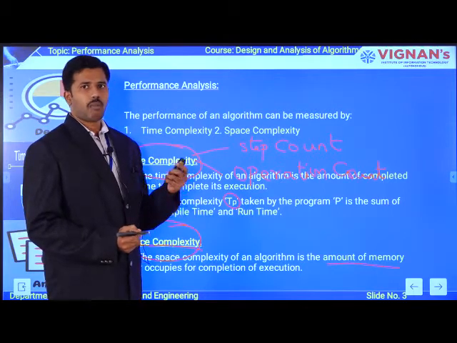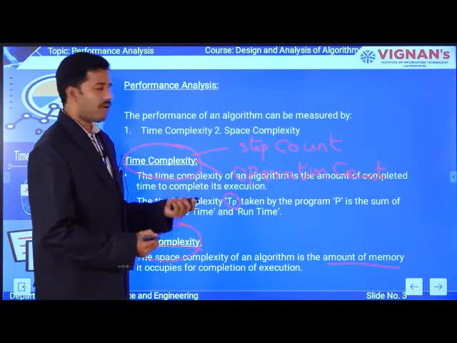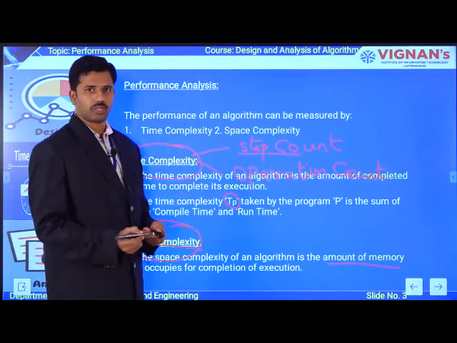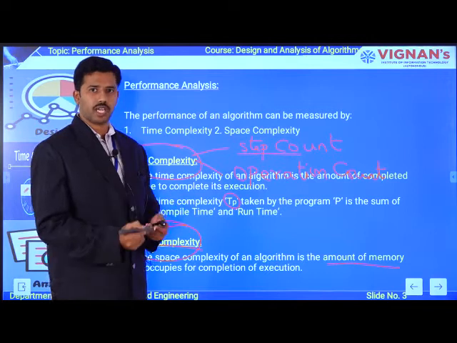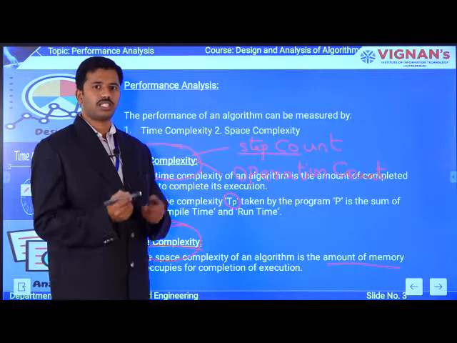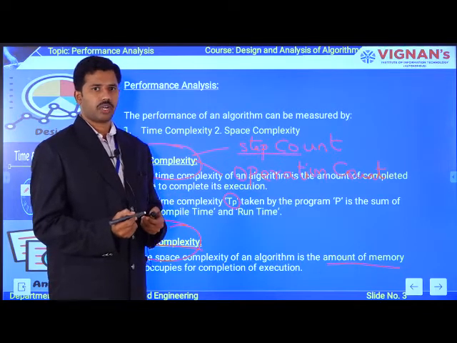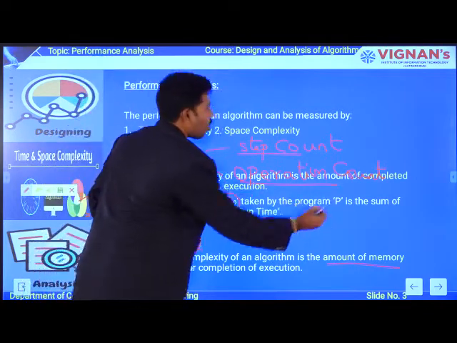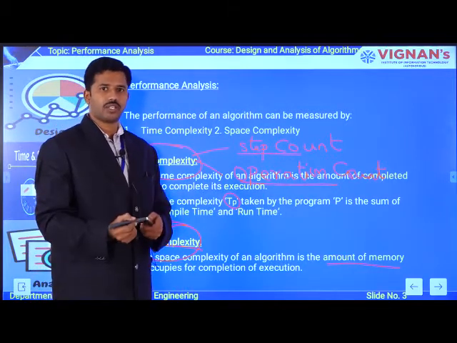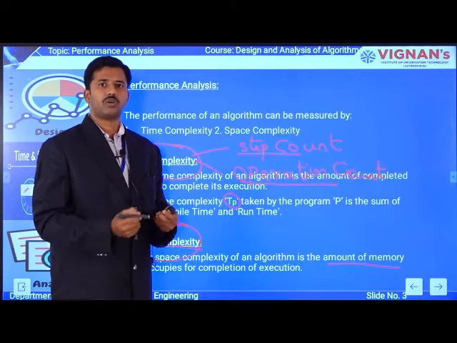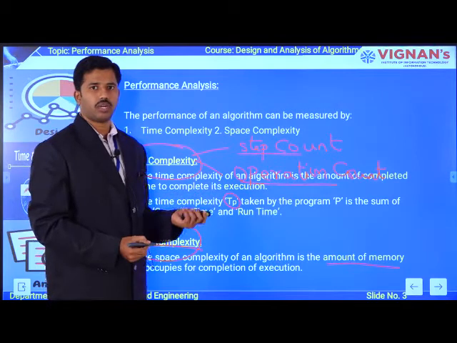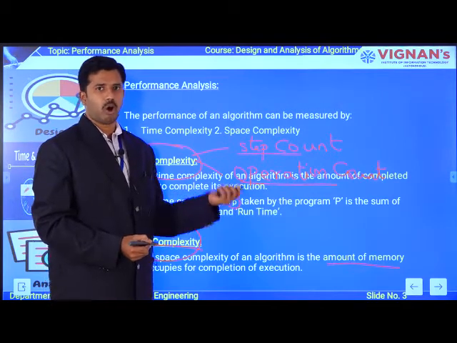The operation of the step count method is available in the name itself. What is the name of this method? Step count. You are counting the number of steps available in your algorithm to measure the performance of your algorithm, okay? Now coming to the second method, which is operation count. In this method you are measuring the number of operations available in your algorithm to get the time complexity. Likewise you have two methods available: the first one is the step count method, as well as operation count.